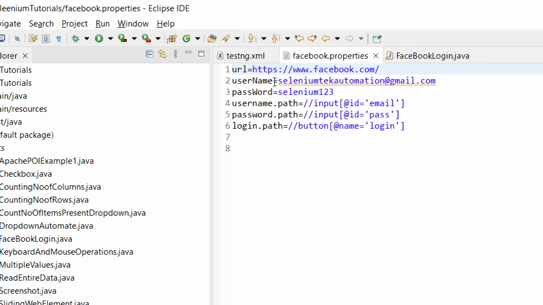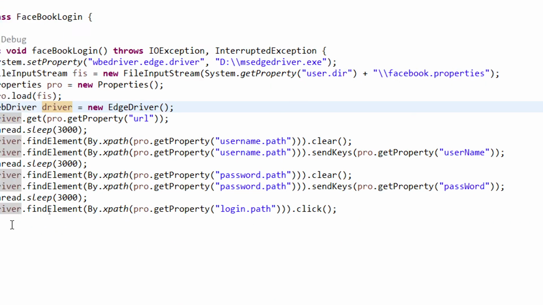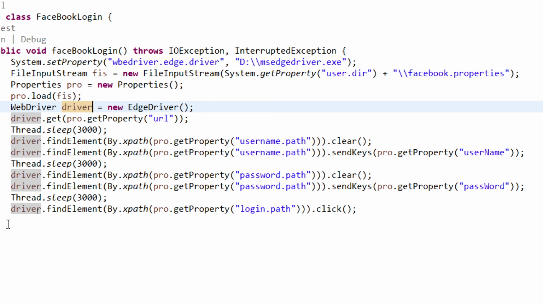Likewise it is for the username, where you are going to enter the username inside the username text field, as well as the password. And I'm also going to click on the login button once you enter the credentials. You can see here login.path is mentioned inside our properties file. Likewise, if you have multiple buttons, you can store them in the same properties file instead of creating them directly inside our test case. Okay, this is how we can create a class with the help of the Properties class, where you can retrieve the data present inside that properties file and call those properties inside your test case.